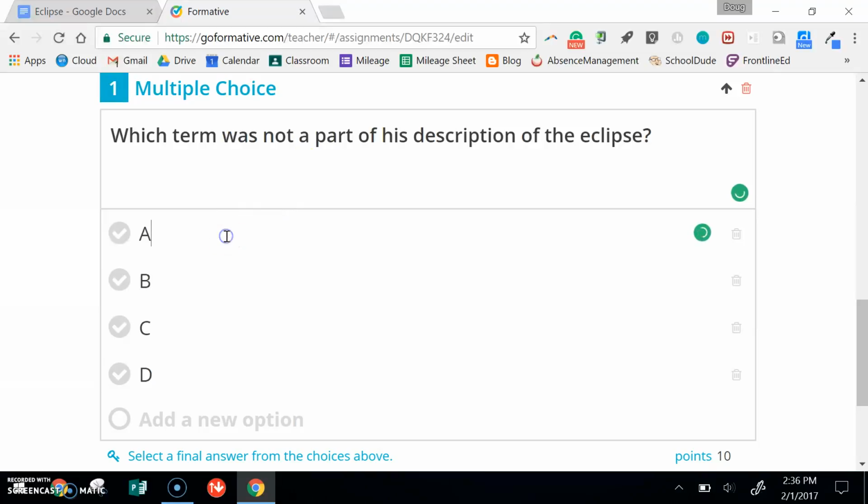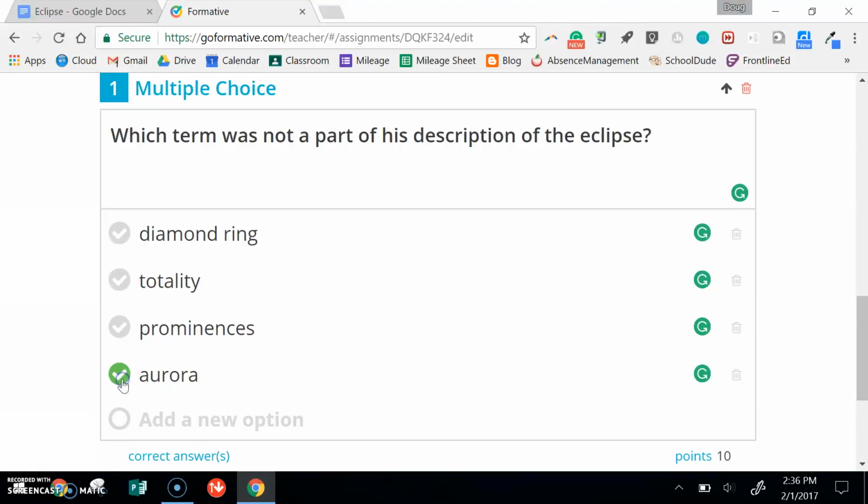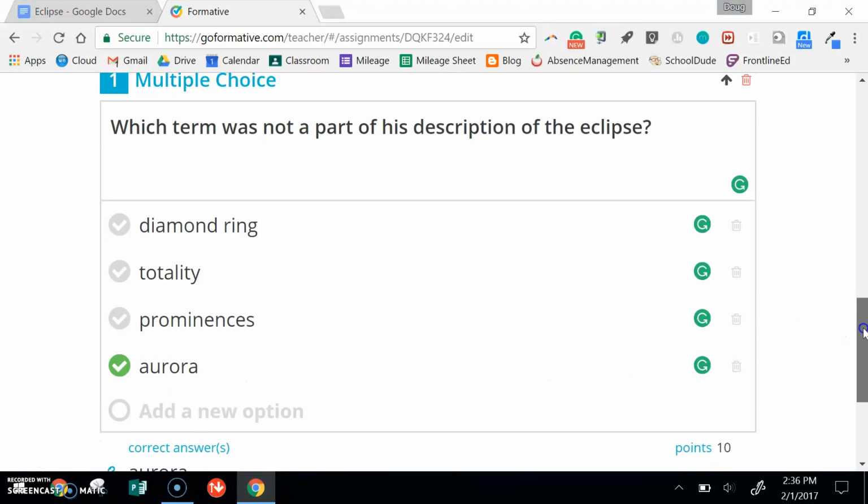We just want them to listen closely and take in some of the vocabulary that's related. In this case, the one that he doesn't say, I will mark,